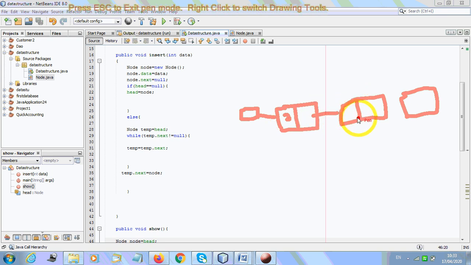We have 3 here, good, and this is pointing to here. So again, we have 4 here, good, and this is pointing here itself. So we have this much of it. This is pointing, so that is 5, and this is having null value. See?